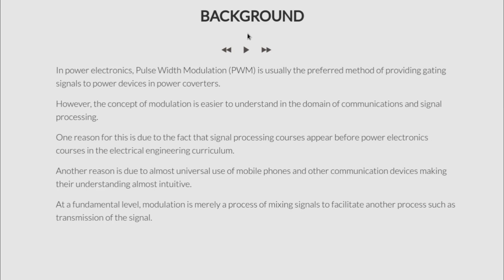So as already stated in the beginning of this section, the goal of this section is to introduce pulse width modulation, and this pulse width modulation is the preferred method of providing gating signals to power devices in any power converter. Of course, there may be other strategies as well, but in this course mainly we are talking about pulse width modulation. And towards the end of this section, we will talk about how pulse width modulation is used in